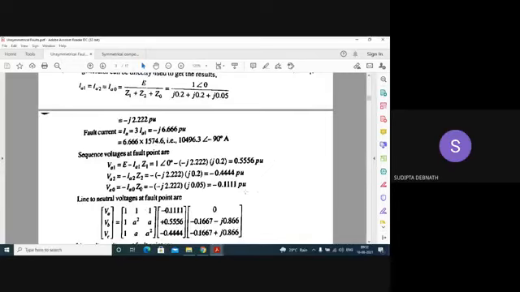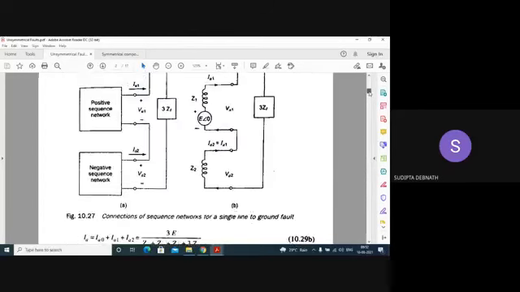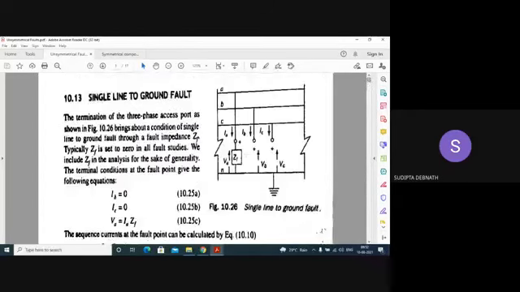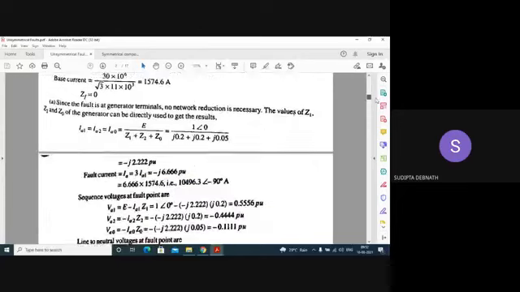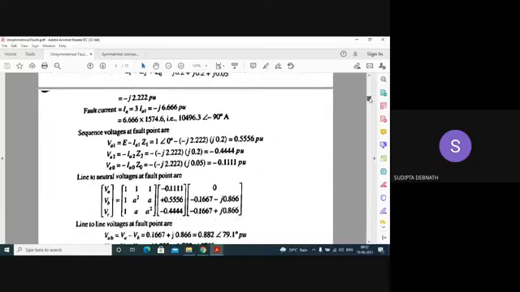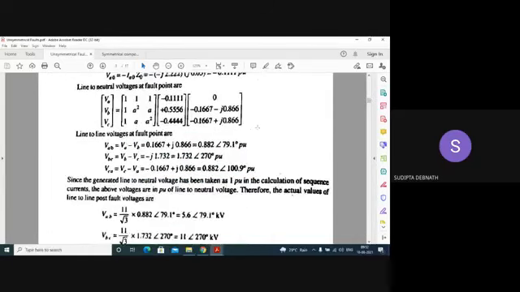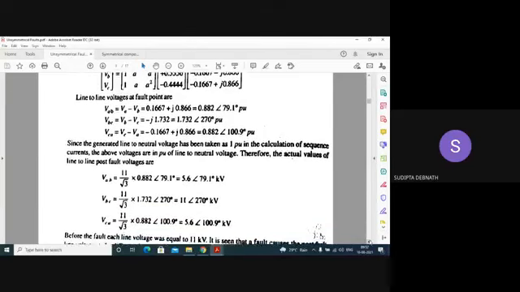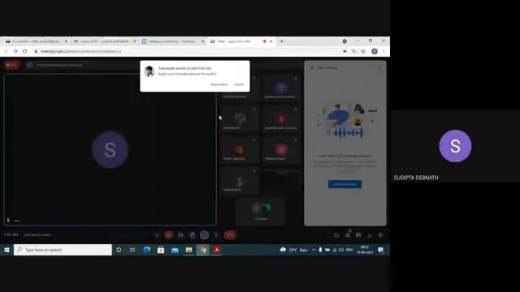You can find out VA equal to 0. Why VA equal to 0? Because it is directly short circuited to the ground. Okay. There is no ZF. So VA is coming to be 0. And VB and VC, you can easily find out from here and here. Okay. This is VB and VC. So the line voltages in per unit you can get from this matrix equation, and if you multiply by the base voltage, what is the per phase base voltage? It is 11 by root 3. So multiply by 11 by root 3 to get these voltages in kilovolt. Okay. So you can get the values like this.